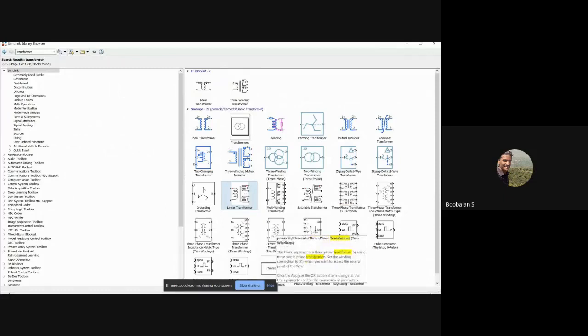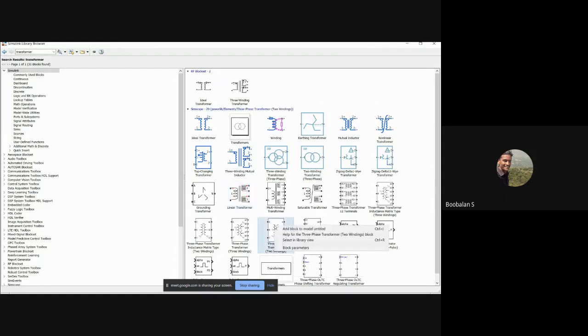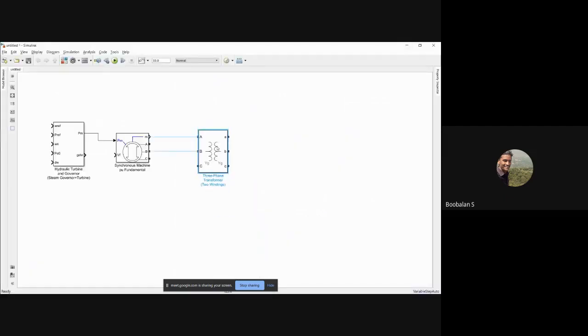So in the power library elements, three-phase transformer, two winding, this one is suitable. That's why I'm going to use this one. Just right click and add to model. A three-phase star-to-star connection transformer. And connect A to A, B to B, and C to C.